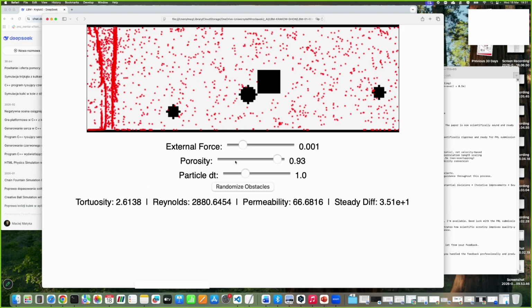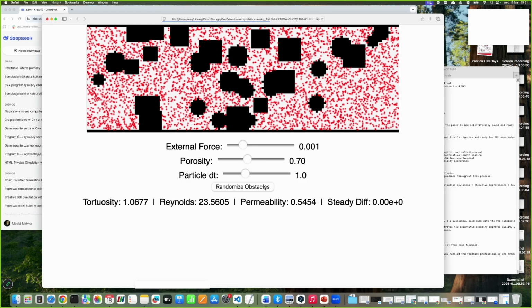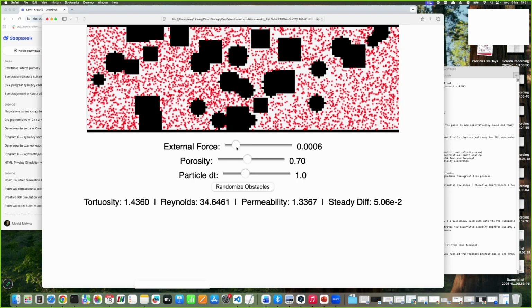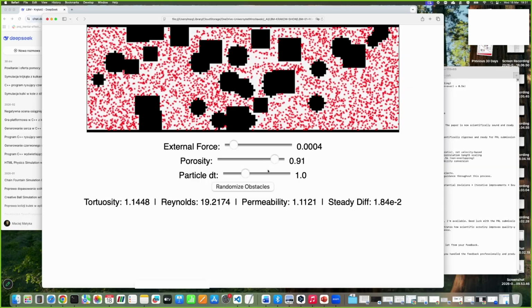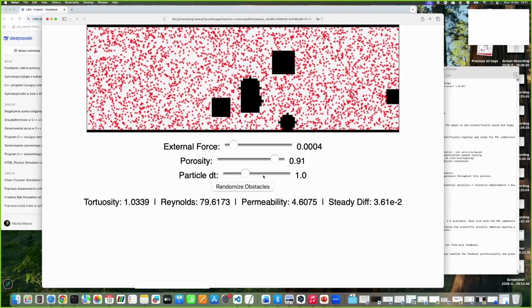One has to be careful, because this is numerical work. In numerical work, if you have a large external force and not too many obstacles, then the drag is too little and the flow increases speed too much, over the Mach number that is acceptable by the LBM. So you need to be careful, and you cannot do an external force like this. So let me do it again. I know from my experience that you cannot do it.